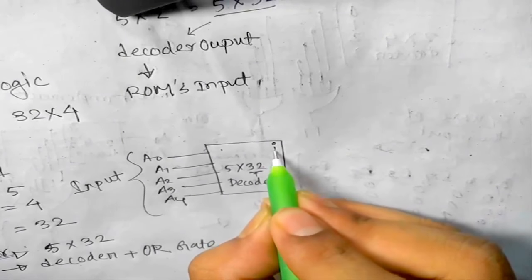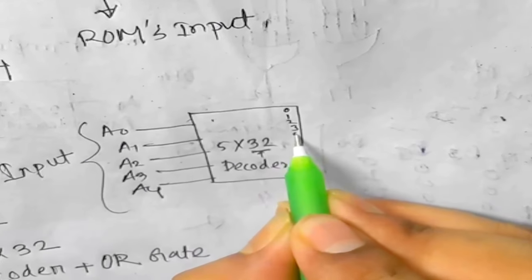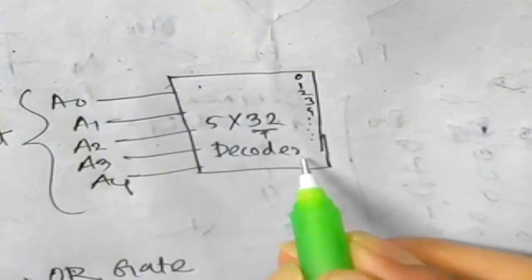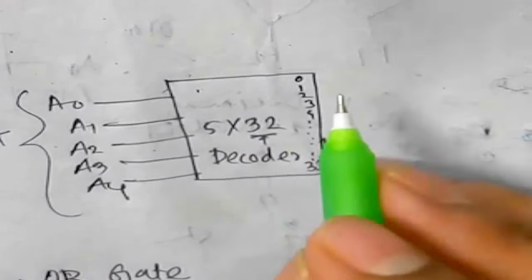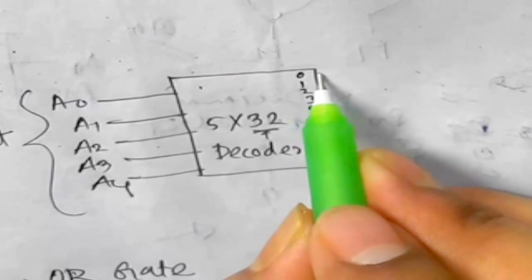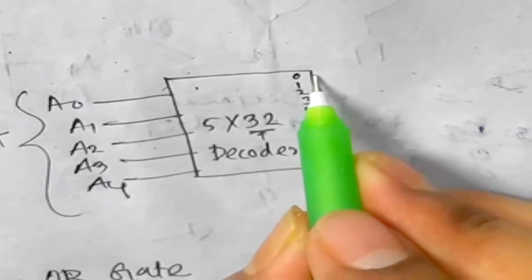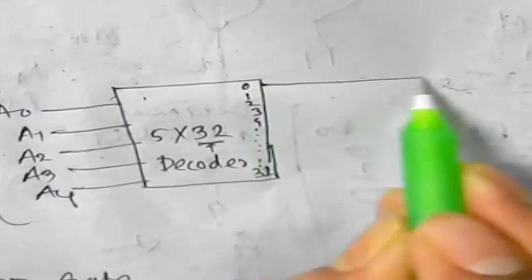So 0, 1, 2, 3, 4, dot dot dot, similarly 31. So the wire should be connected with this pin,